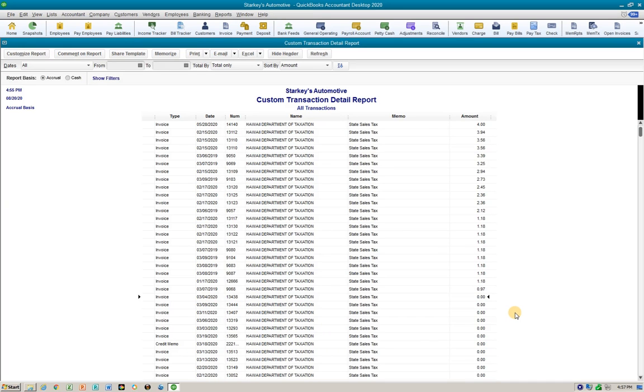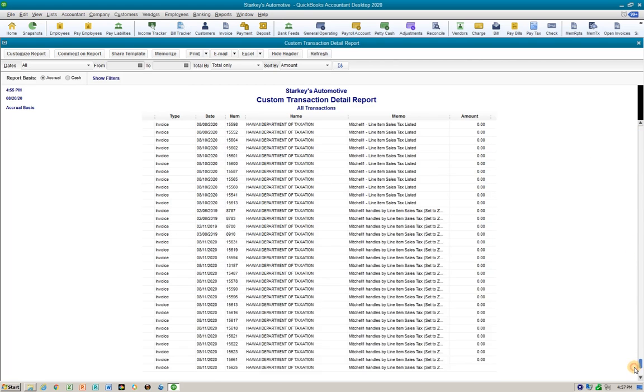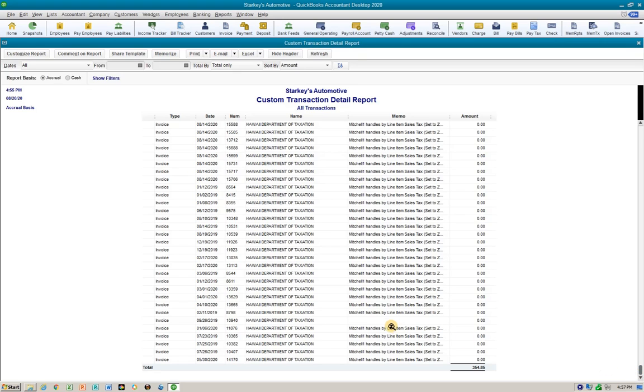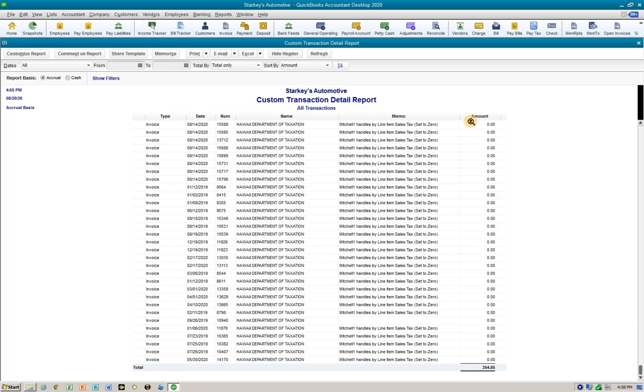Now, every line on here has to be done, and I'm going to show you what you do, and then you'll understand why it looks different. Because eventually what you're going to end up having is that all the lines will be 0, but they'll all have this in the memo, that the Mitchell handles by line item sales tax, in parentheses, set to 0. Now you'll notice there's one missing here, so that one hasn't been done yet, so you'll have to do that